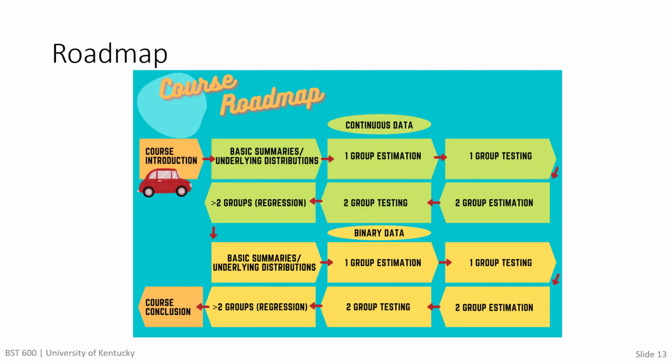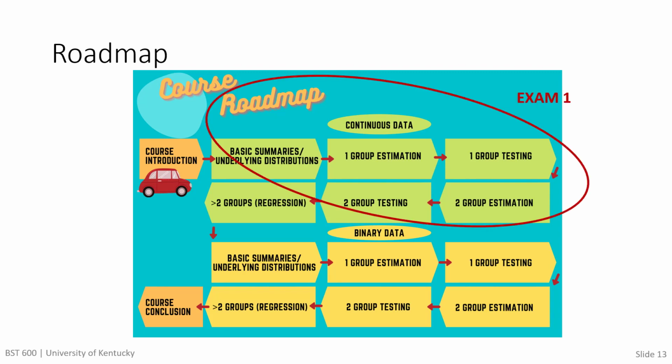So here you have a little bit of a course roadmap. You'll notice we'll start out with a course introduction, which you're hearing part of that now. You'll then learn how to work with continuous data and then binary data. The first exam will cover continuous data up to 2-group testing. Then for several weeks, we're going to work on more than 2 groups and regression, and that will be covered